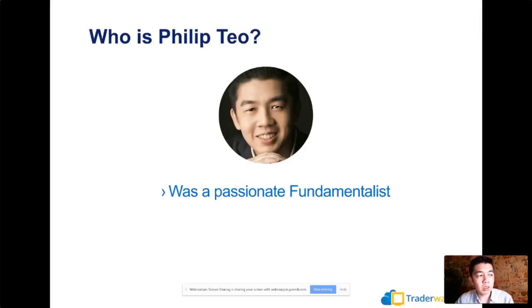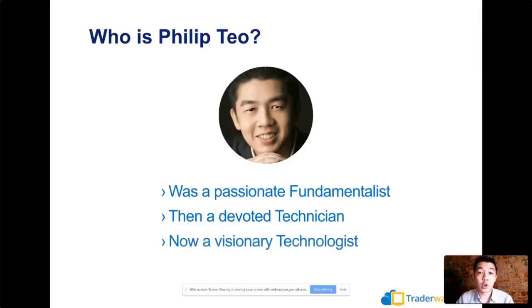But about 8 to 9 years back, it was really by chance that I got in touch with technical analysis, and subsequently I became a very devoted technician, and I was even the chief technical analyst for OCBC Investment Research for about 7 years. And about 2 years back, I finally decided to leave the bank and started TraderWave, as